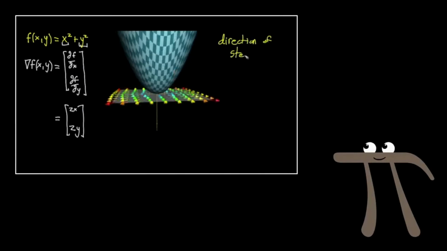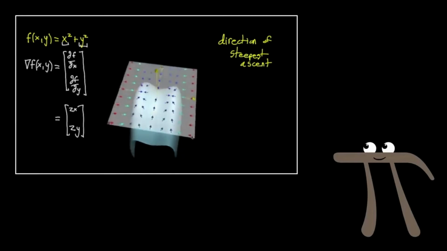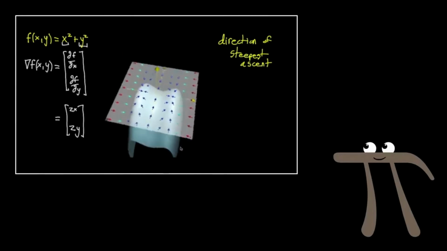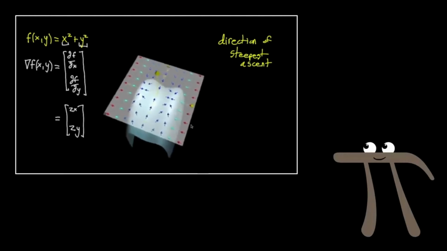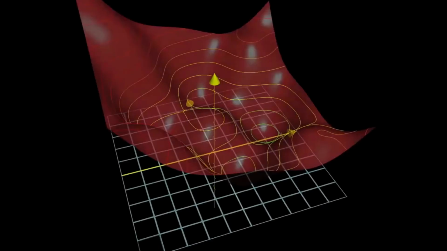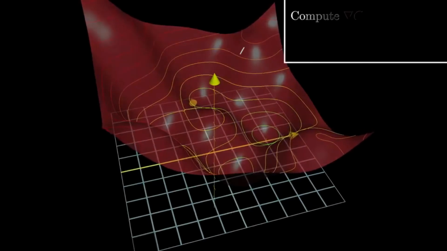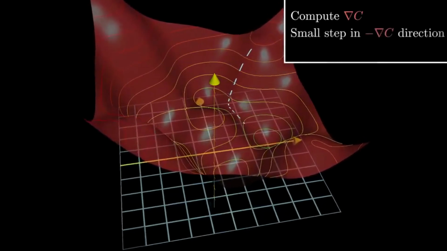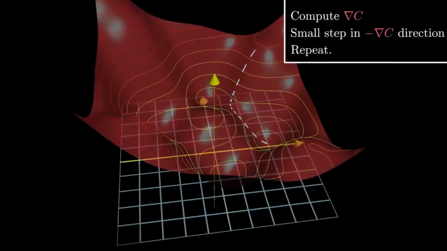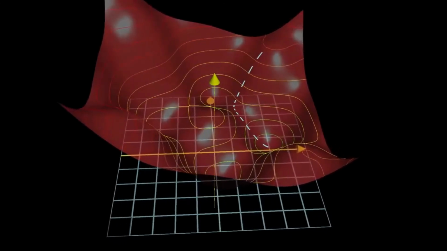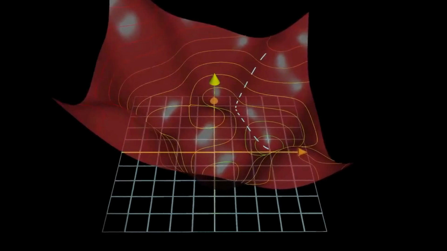Honestly though, all that matters for you and me right now is that in principle there exists a way to compute this vector. This vector that tells you what the downhill direction is and how steep it is. You'll be okay if that's all you know and you're not rock solid on the details. Because if you can get that, the algorithm for minimizing the function is to compute this gradient direction, then take a small step downhill, and just repeat that over and over. It's the same basic idea for a function that has 13,000 inputs instead of 2 inputs. Imagine organizing